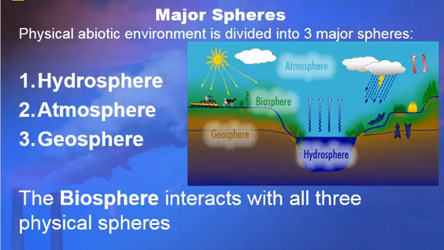And the biosphere isn't just one distinct area, because it's all of the living things in the ecosystems. So all of those living things interact with all these other three spheres. A lot of those living things live in water, so they're in the hydrosphere. A lot of them are going to be flying around in the atmosphere, or at least breathing the air from the atmosphere. And they're very closely connected with the geosphere as well. So when we go through these cycles, we're going to be talking about how things move through these different spheres.